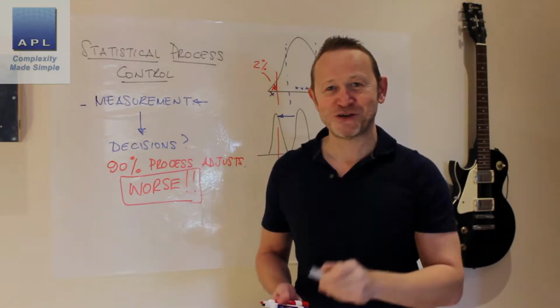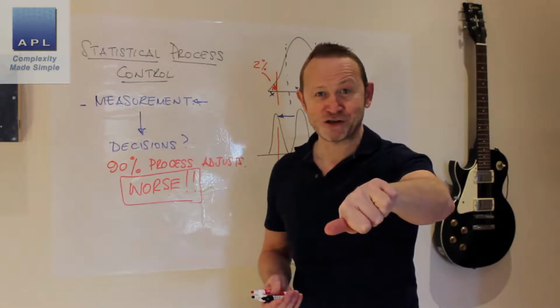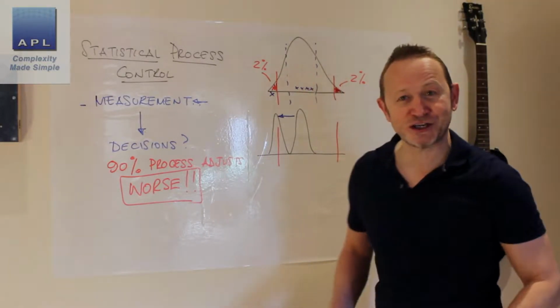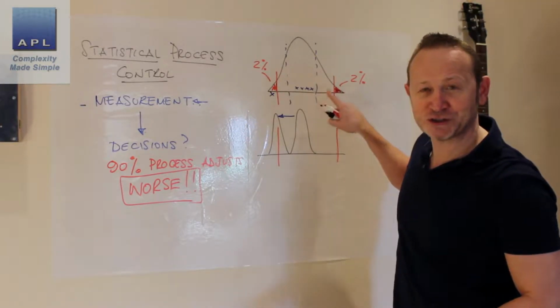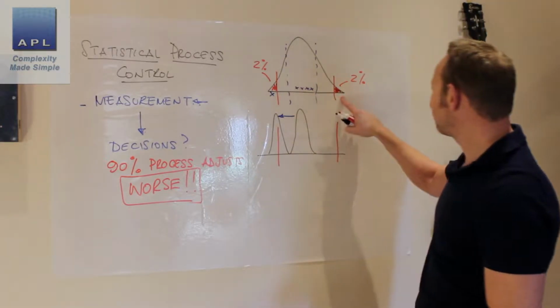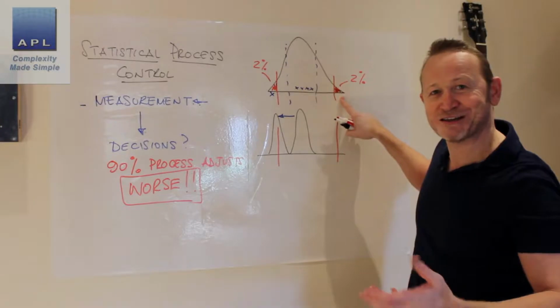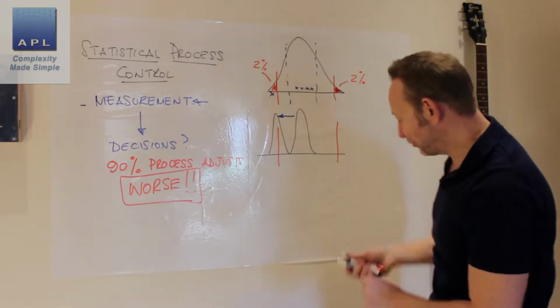Well, what they do next, of course, is they walk up to the machine, they grab hold of a dial, and they swing on it because they want to push this thing to the right. Now what they're basically doing is pushing this to the right. What happens next? Well, of course, what happens next is this 2%, that used to be 2%, is going much bigger. They're going to make it worse.